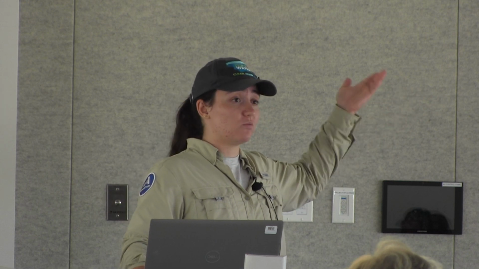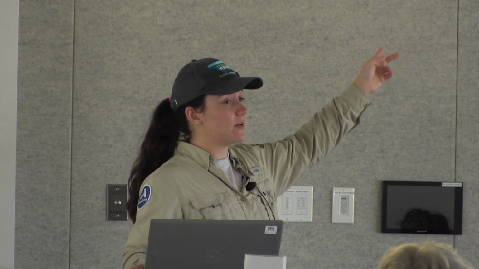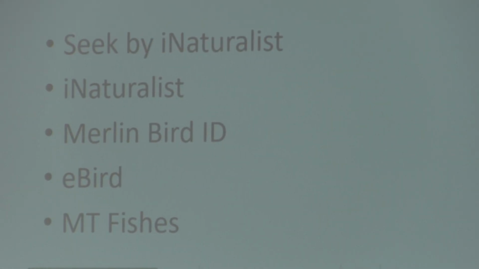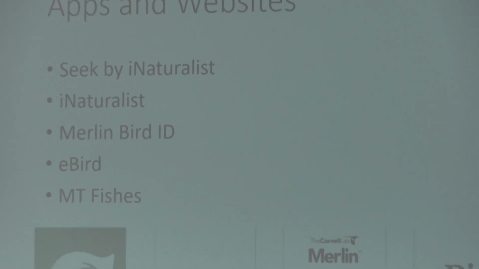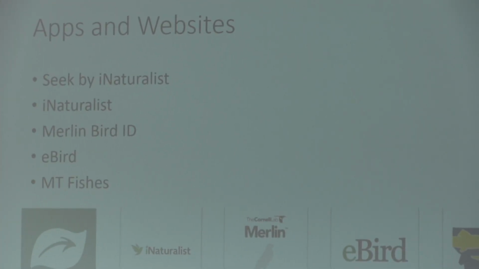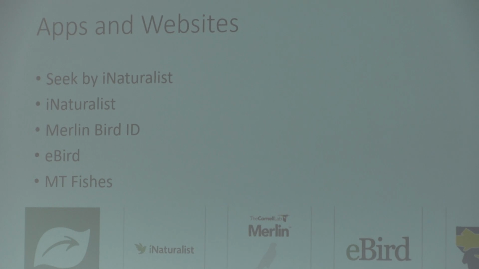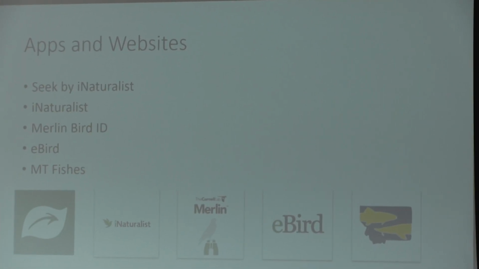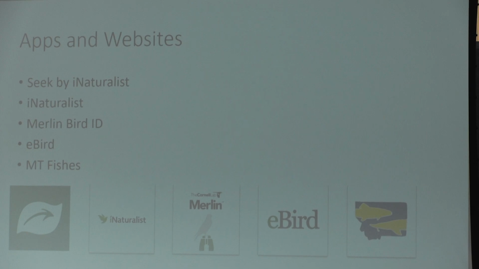If you cannot find what you're looking for on Seek, you can go to iNaturalist. And the nice thing is that they are made by the same company. iNaturalist runs Seek, and you can post directly to iNaturalist from Seek. So if you can't get an ID, you can post onto iNaturalist, and a bunch of nerds who treat iNaturalist like a social media site are going to be going through and looking at all the pictures that people are collecting, and they're going to be like, oh, I'm a plant specialist, I know what that is. And then they give you an ID. And sometimes they argue amongst themselves about what ID it is. It's fine. Just let them go.